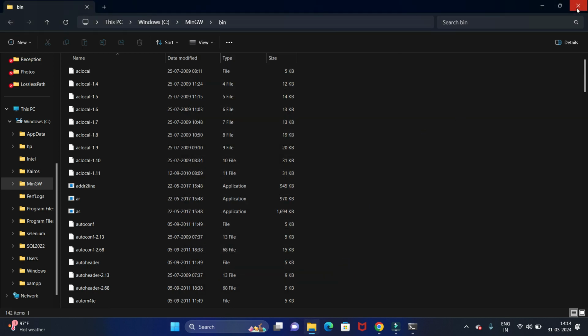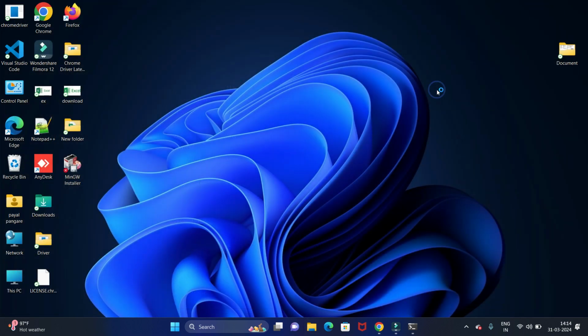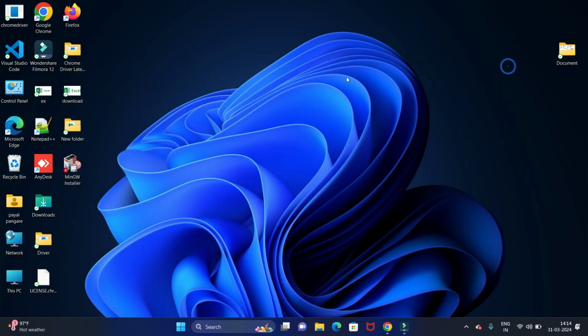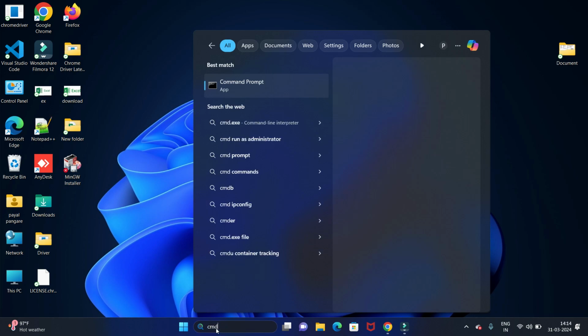Now we have to check whether our environment variable path is set successfully or not. For that, just open your command prompt. So first we will close this one. Let's refresh our system first. Now go to command prompt